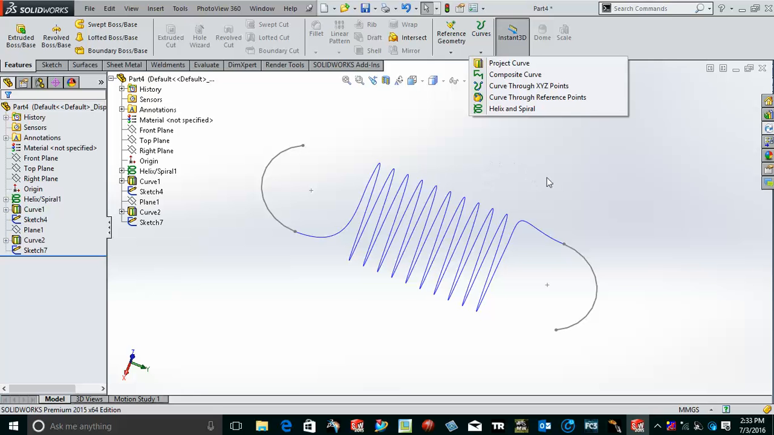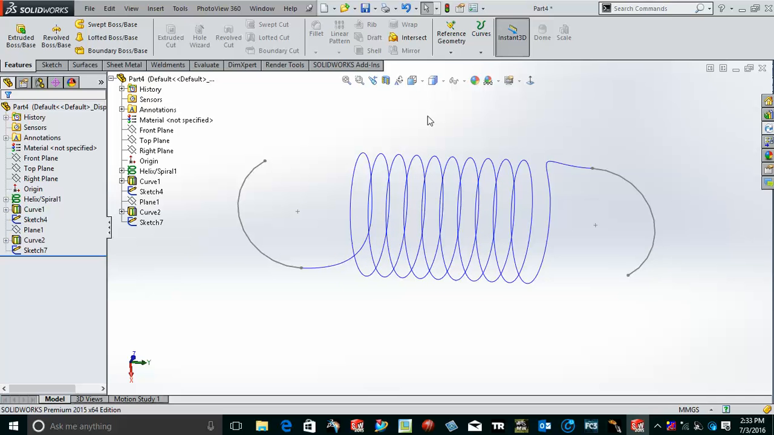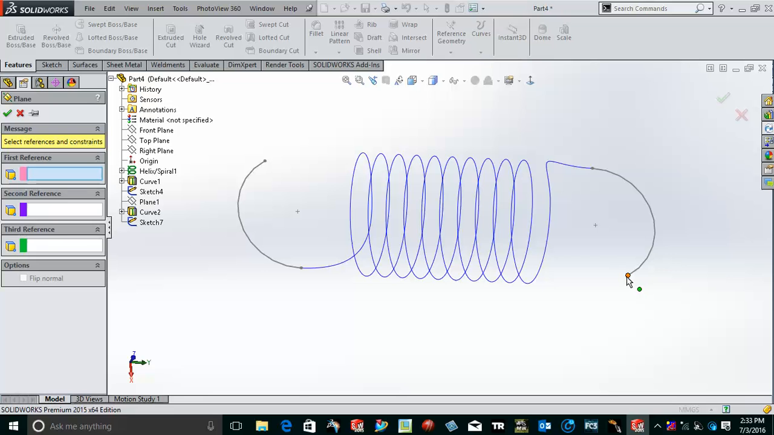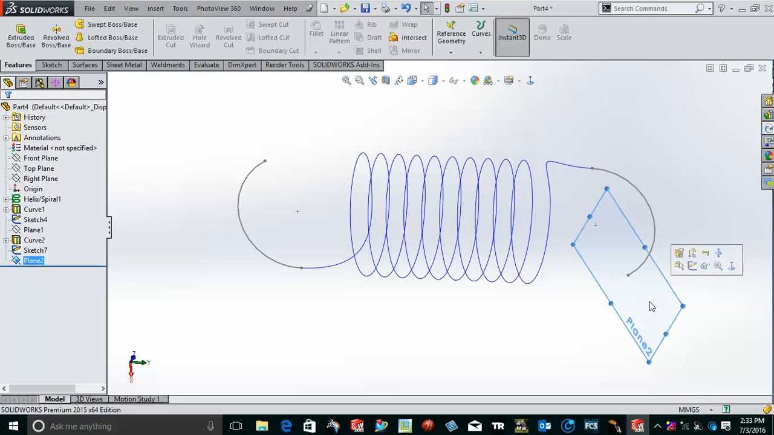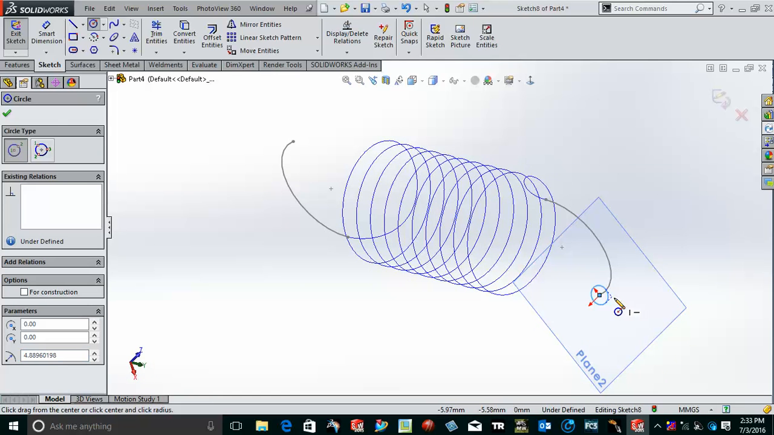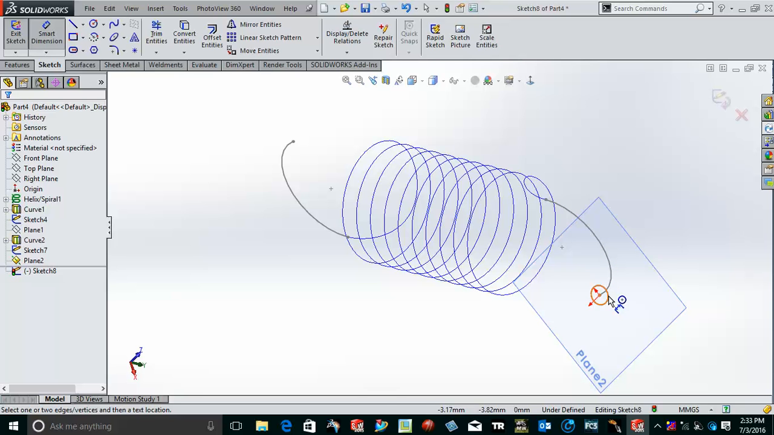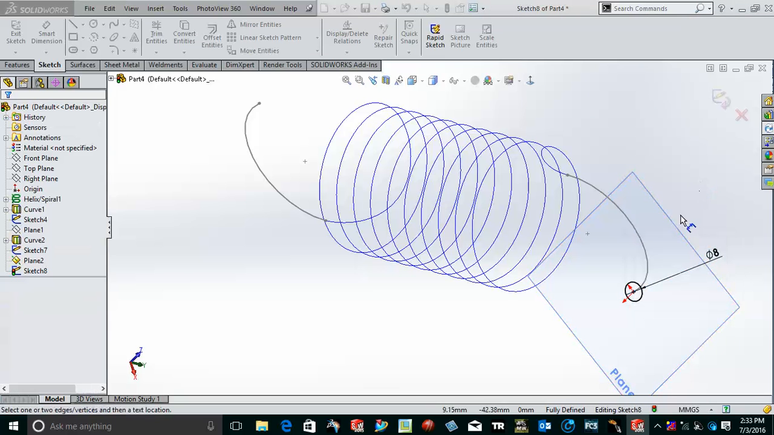Now for example, if we want to create a sweep, so for creating a sweep, what we will do, just look at this. We have to create a plane. I will create a plane on this point and this line. Okay, I'll just make a small circle and give the diameter to be 9, 8, whatever. Suppose I'm giving 8. Okay,